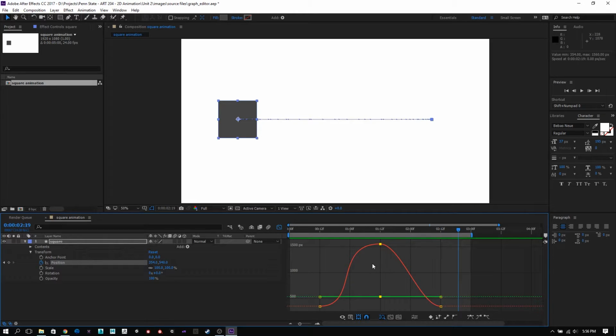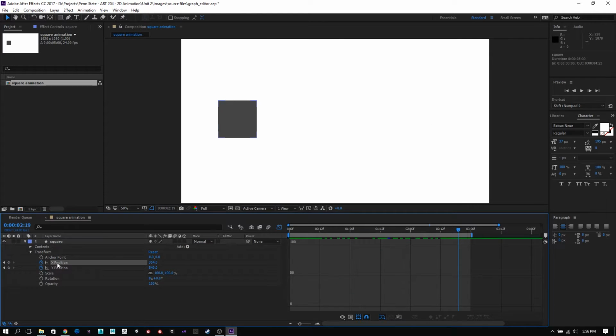And in order to use the value graph, we actually have to right-click the position and select Separate Dimensions. And you'll see now that we have X and Y positions separately here in the attributes, and we can select them separately. So because we don't have any vertical animation in this object, the Y position is just this flat line, it's not really doing anything, so we can turn it off. If we go back to the X position,